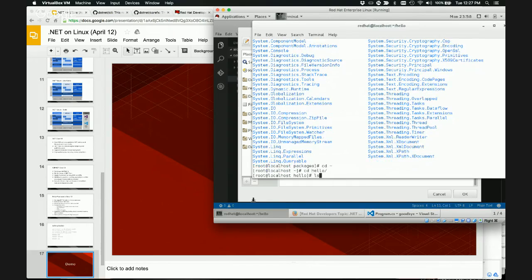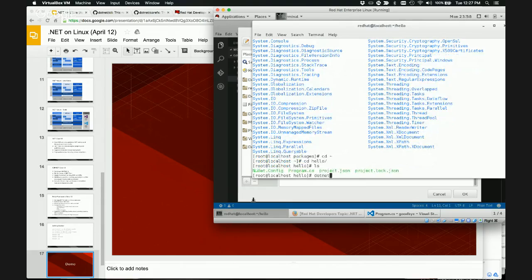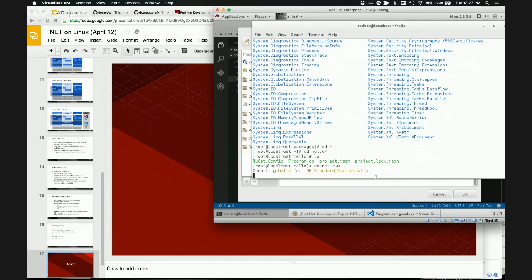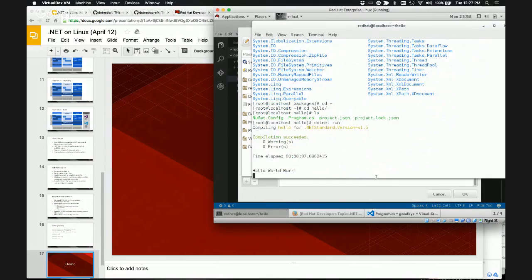Let me go back to hello over here and type in .NET run. And notice also there's a project lock JSON file now. After you do your .NET Restore, you're going to see the project lock JSON. Let me do .NET run and let's see if this works for me. It's doing the compilation now, and then it'll do the execution. So, Hello World. That pattern you see right there, .NET New, .NET Restore, .NET Run, is typically how